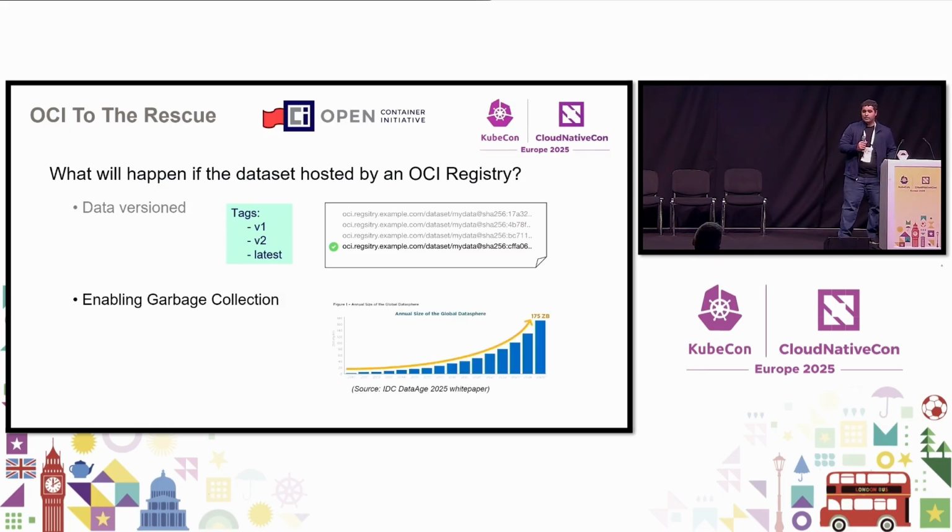Beyond all of this, there is one other great benefit that we get from having our data in OCI registries. We can enable garbage collection for this. Now, this is very important because every year data keeps growing and growing and it's out of control. Nowadays, there have been some studies, including an IDC report,